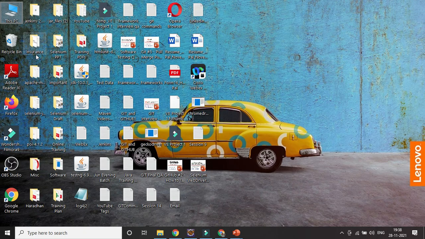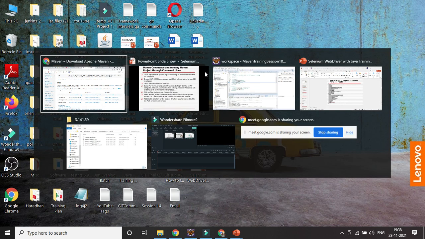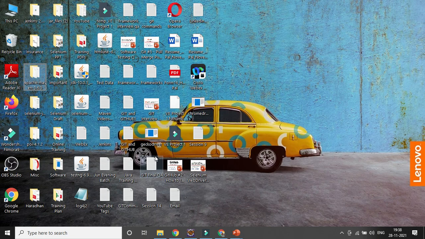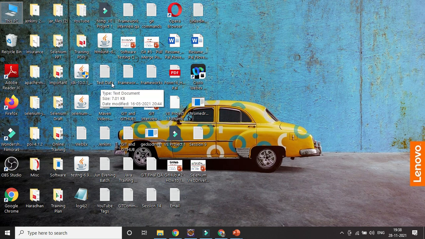This is the folder I have already got on my desktop, Apache Maven. Then next, just like the Java home, you need to also add the Maven home. Similarly, if you go to My Computer and click on properties, just like the Java home, I also added the Maven home.